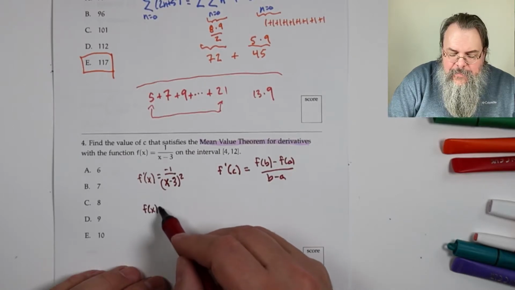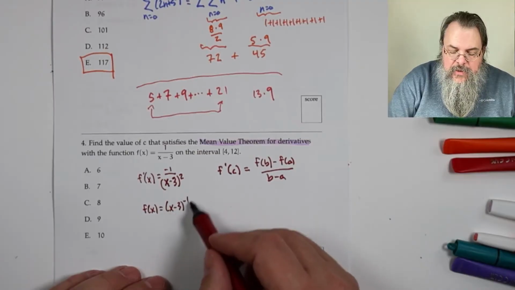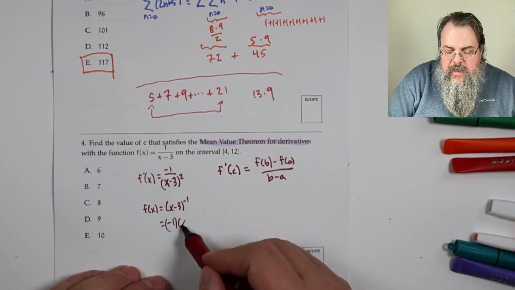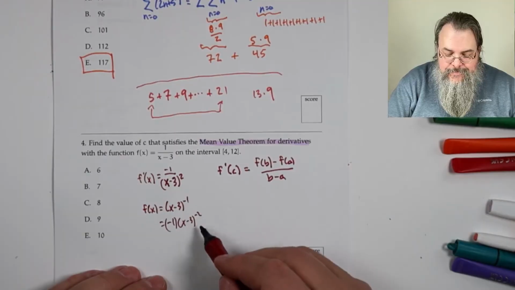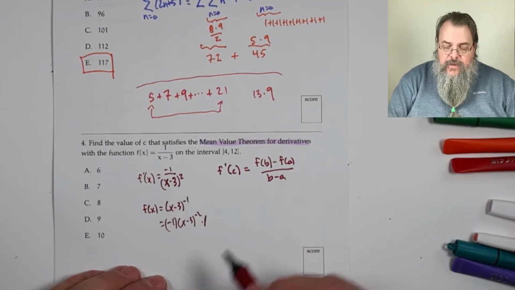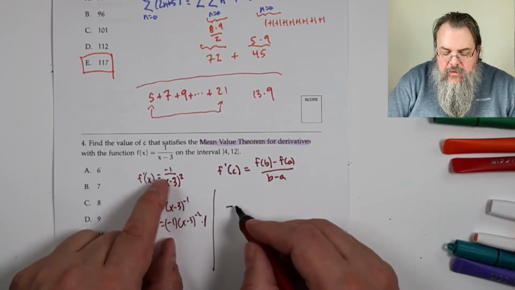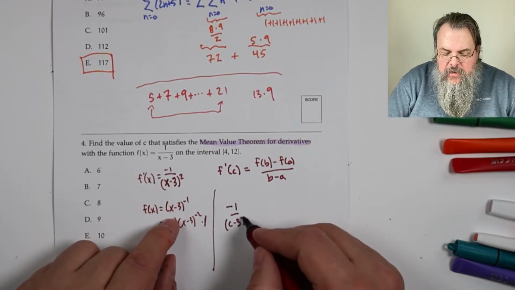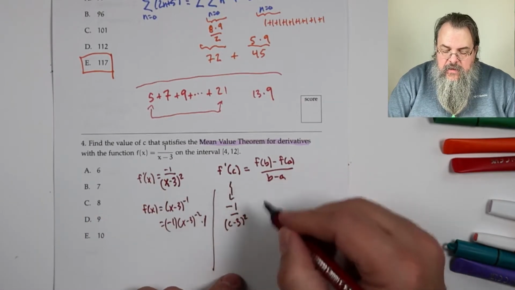So f of x really could be written as x minus 3 to the minus 1. And now bring that minus 1 down. That's minus 1 times x minus 3 to the minus 2. And then chain rule says multiply by 1. And now you see that's where the minus came from. X minus 3 squared. So what do we have? We have a minus 1 over c minus 3 quantity squared. Okay, that's the f prime of c. Is equal to,